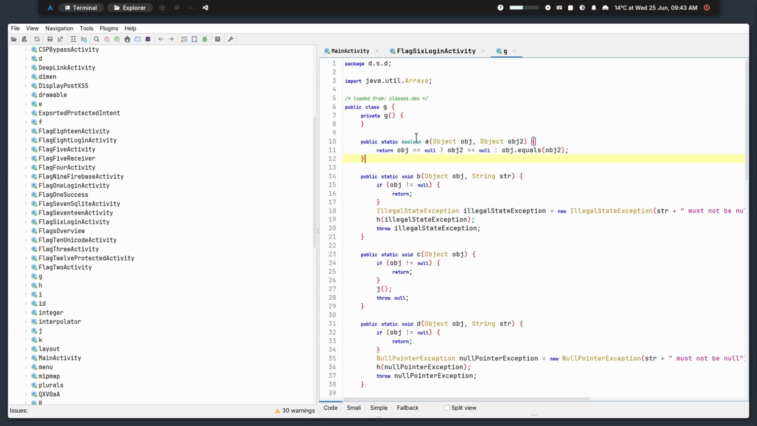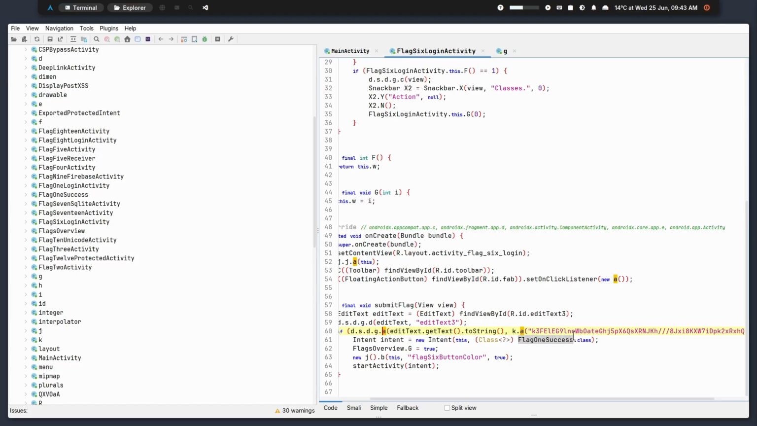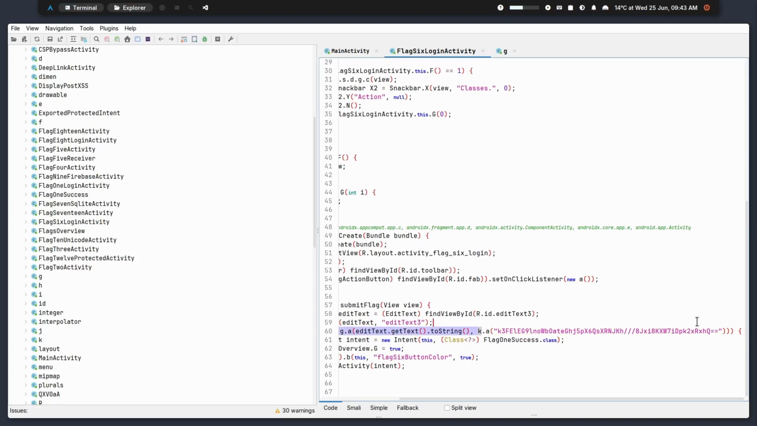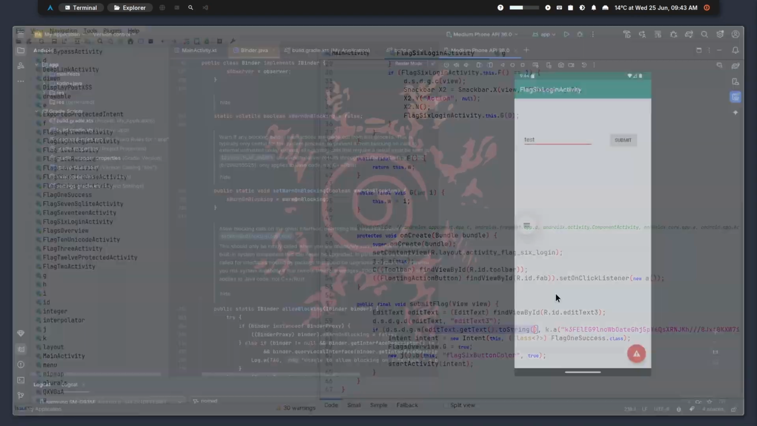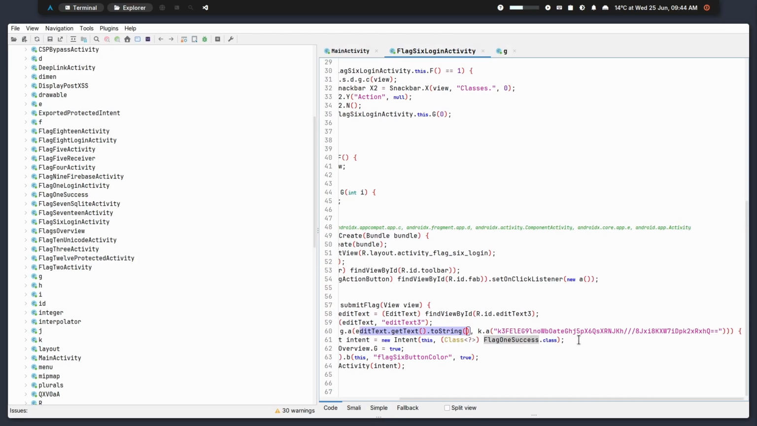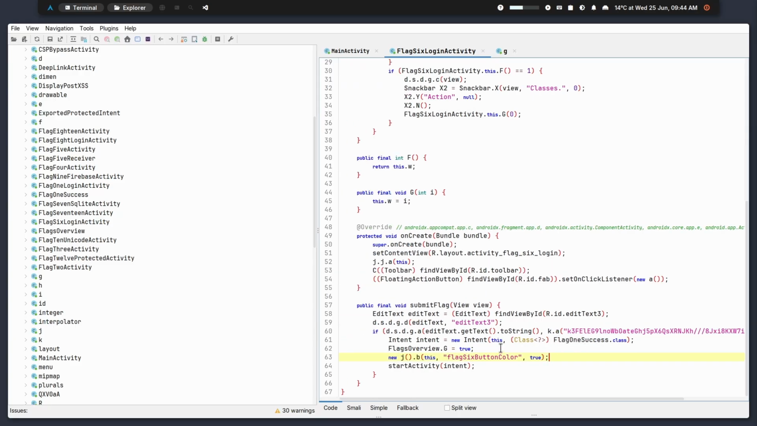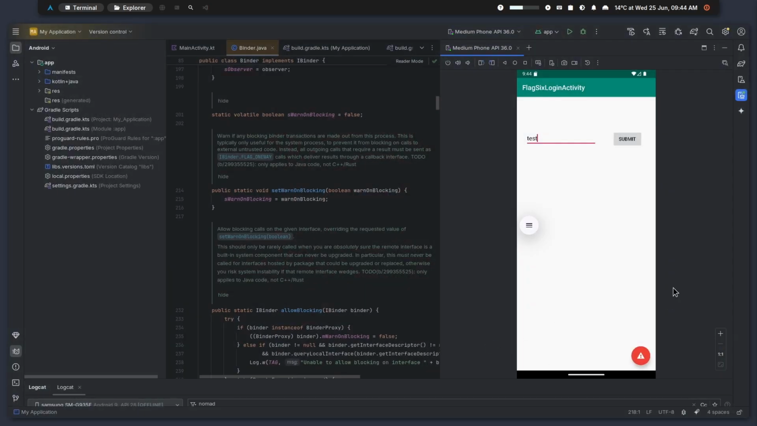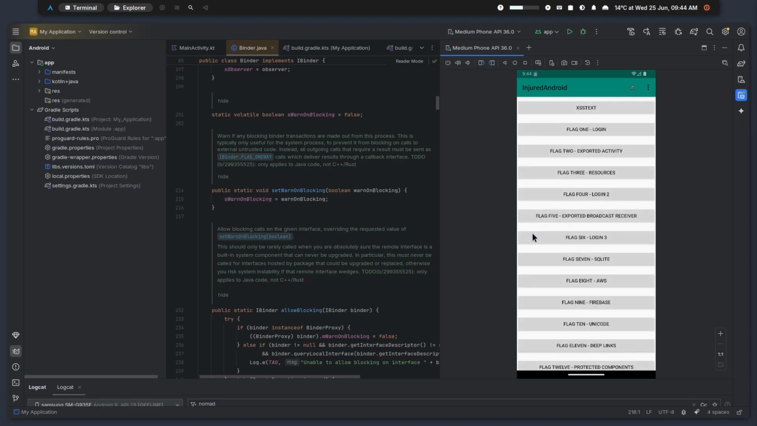it's basically just returning if object is equal to null, set this to null. And if it is not null, then we are checking if object is equal to object2, and these are basically just two strings that we have passed in right here. This is the first string and this is the second string. The first string is the string that we enter to the application, and the second string is the one that is being decoded by calling the function a. And then if it is successful, we are going to start this success intent, and we are going to get the flag. So let me just click on submit here,